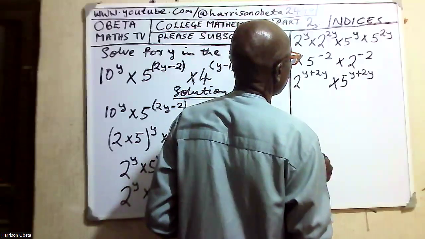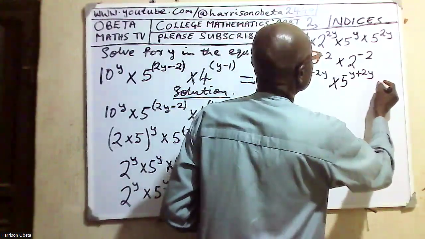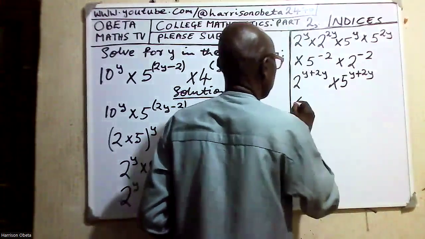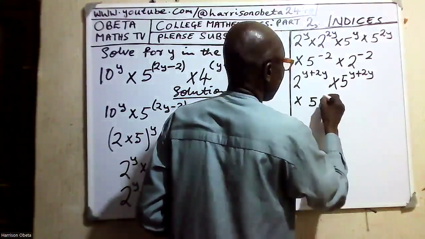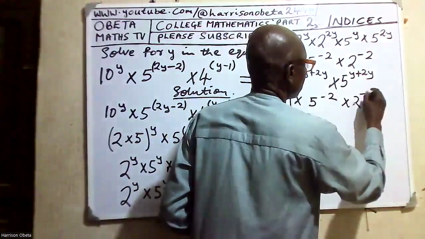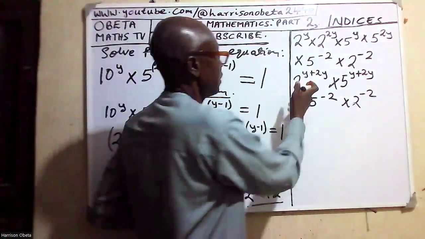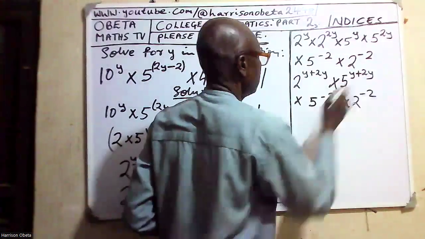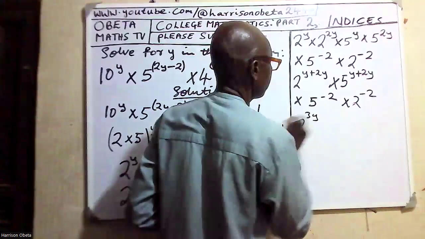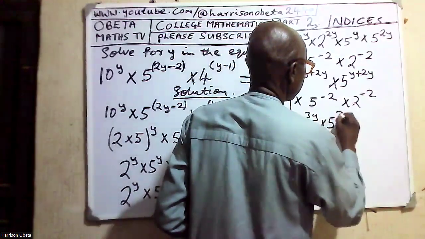Then multiplied by 5 raised power minus 2, multiplied by 2 raised power minus 3. Remember that this plus this is 3, this plus this is also 3. So that will be 2 raised power 3y multiplied by 5 raised power 3y